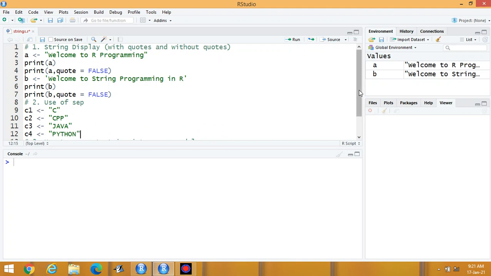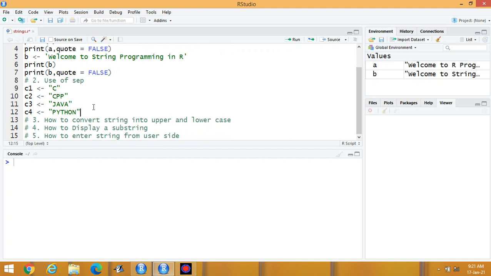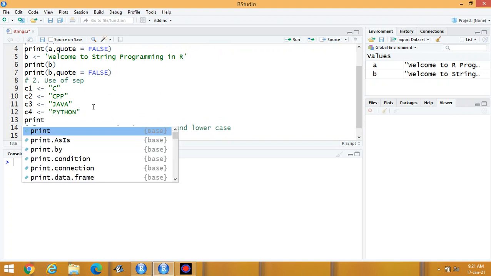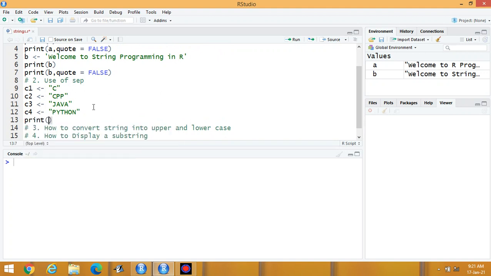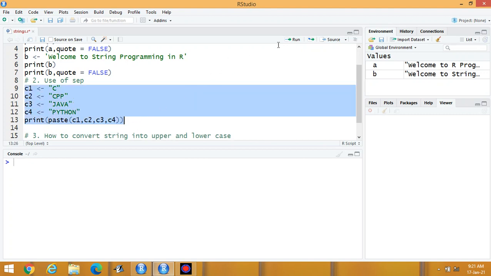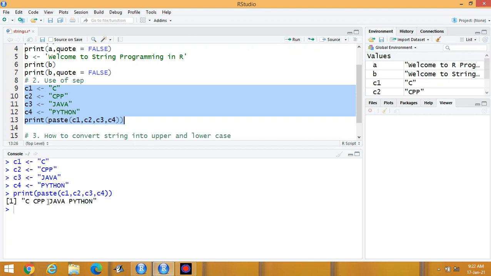Suppose these are the languages. Then I have to display the contents. Print paste C1, C2, C3 and C4. Now execute this program. These are the contents: C, C++, Java and Python.